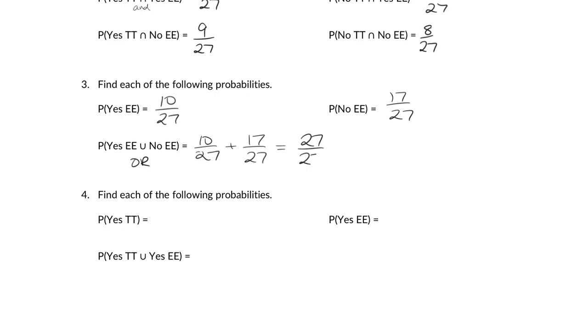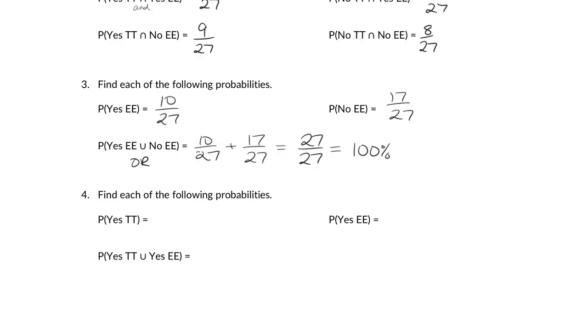27 over 27. Wait a second. That's 100%. Does that make sense in this situation? Think about what I'm asking you. What is the probability I pick somebody out of class that either cannot do evil eyebrow or can do evil eyebrow? Those were the only 2 options I gave you, right? There was no sort of do evil eyebrow. It was either yes or no. Which means one of those 2 options is literally everybody in class. So I have a 100% chance of picking somebody out of this class that either can do evil eyebrow or cannot do evil eyebrow. That makes sense.